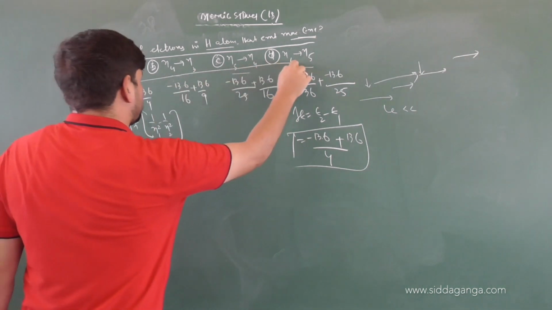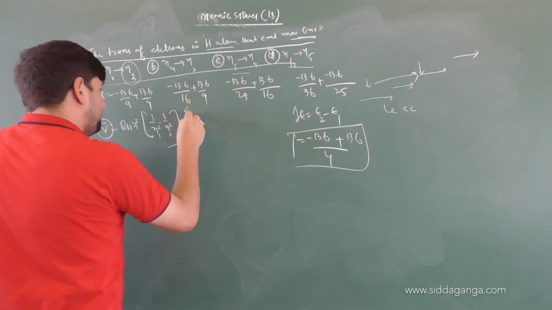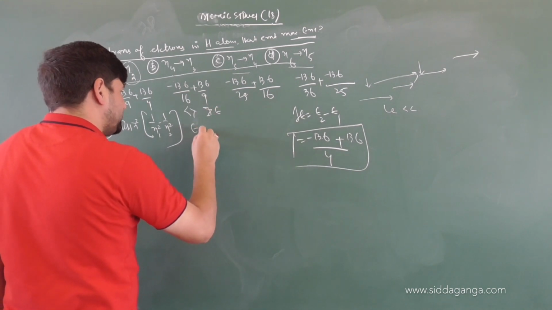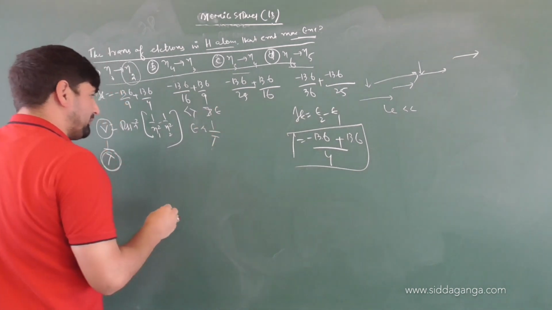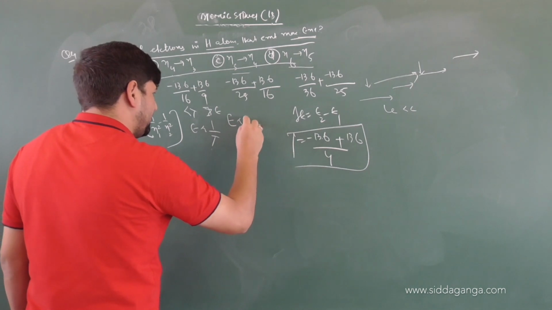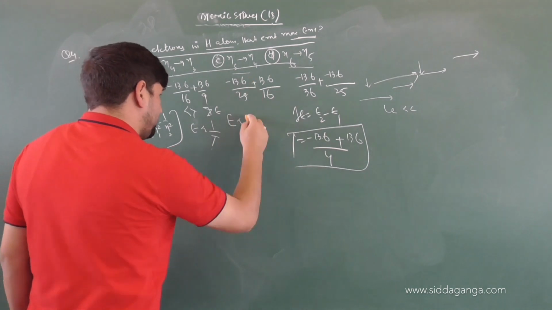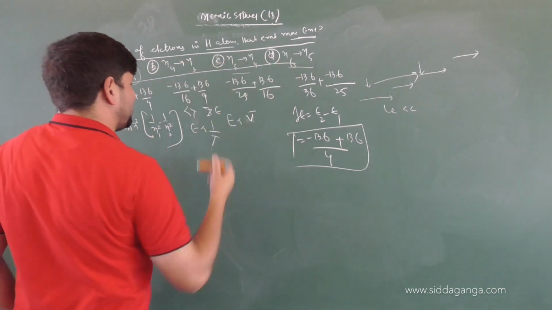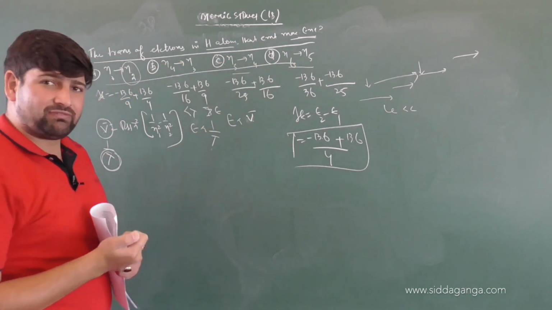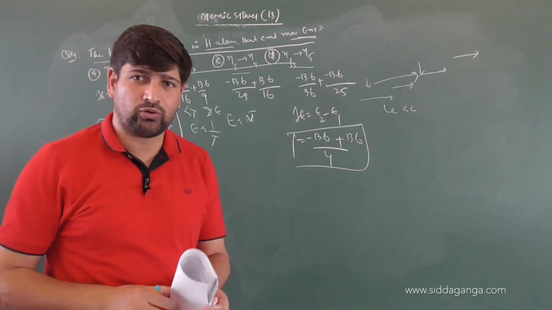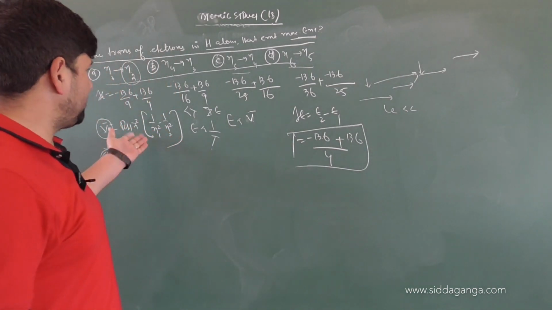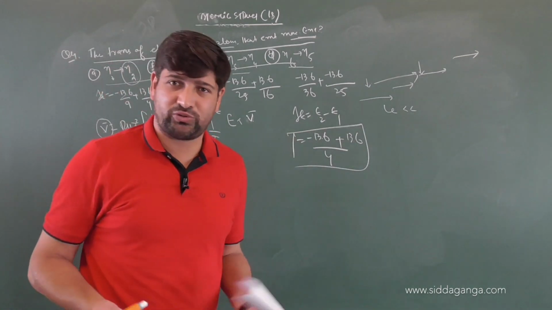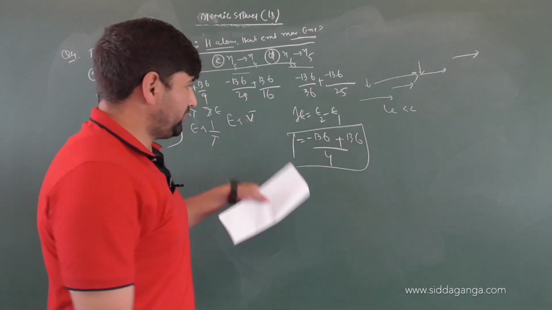Whichever of these four options has the minimum lambda will have maximum energy, because energy and wavelength are inversely proportional, or energy and wave number are directly proportional. Find out wave number. Whichever of these four transitions has the most wave number will be the most energetic photon. That's very simple. So this is the second way of solving the question, and this is the first way. There are many ways in which you can solve these questions. Clear? Did you get it or not?